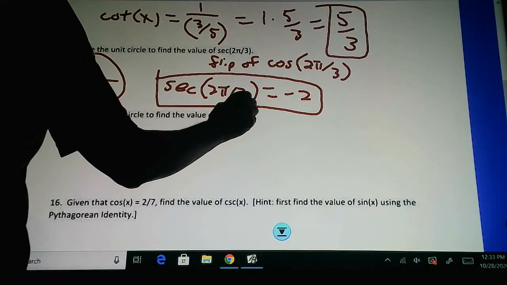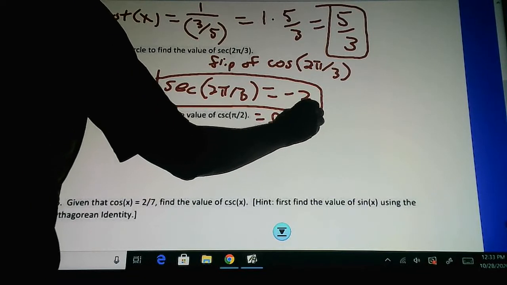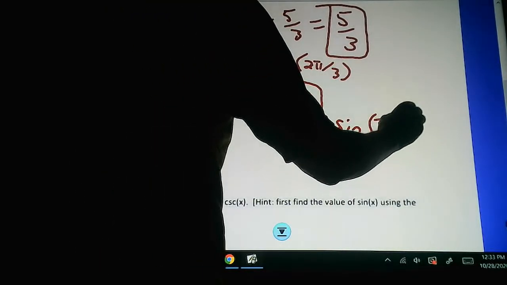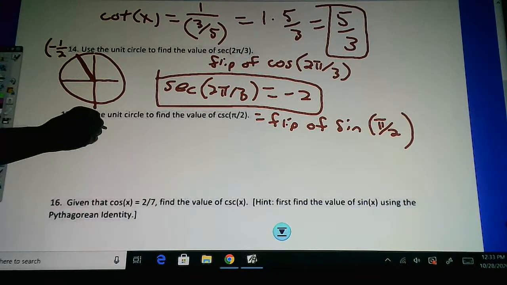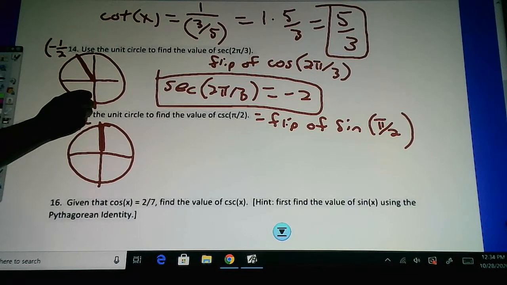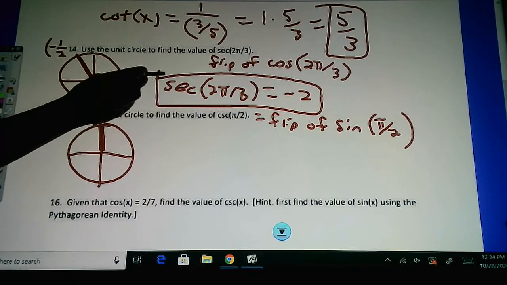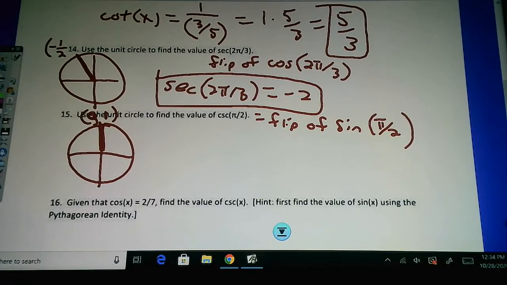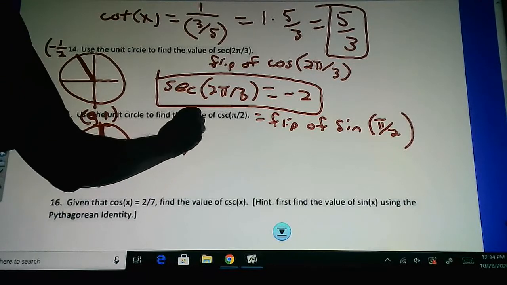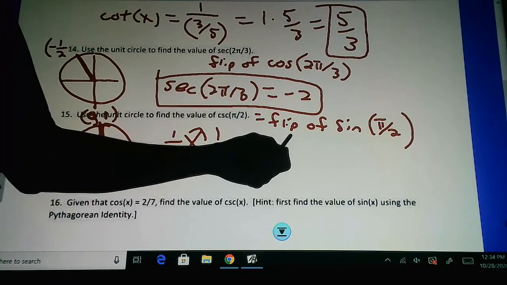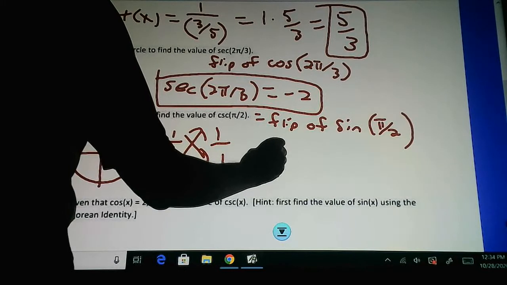15, cosecant equals the flip of sine. So we're going to flip the sine of pi halves. So we have to find it on our circle again. Obviously you're going to need to have a circle handy. Pi halves is right up here. The first number is 0 and the second number is 1. So if you're going to flip that second number, 1 is already 1 over 1. If you flip 1 over 1, guess what? You're still going to get 1 over 1, aren't you? So the flip of 1 over 1 is still going to be 1 over 1. So the answer here is cosecant